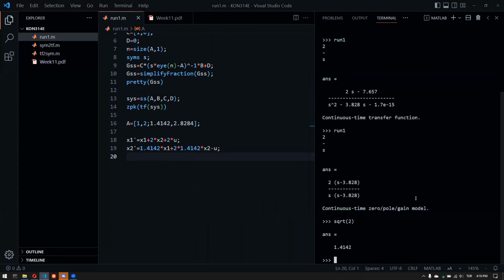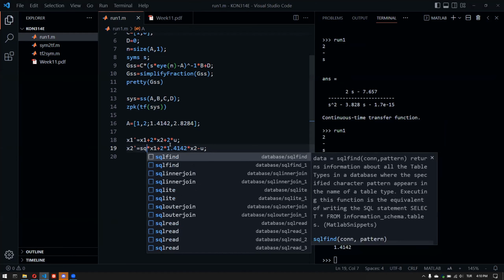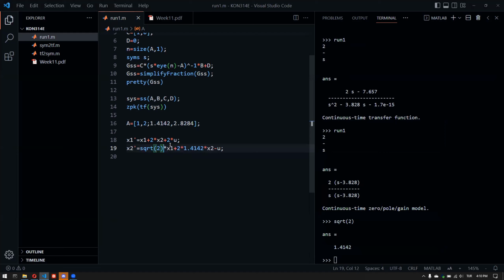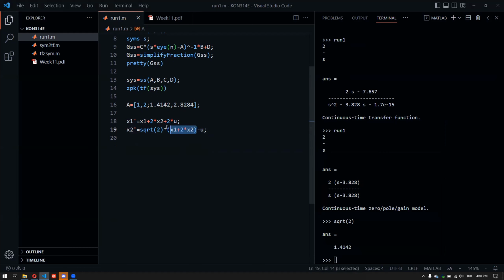Square root of 2, actually. So we have an extra term, square root of 2 here. So we can kind of have this scalar here, and x1 plus 2 times x2, and then minus u. It's kind of the same equation, or the same